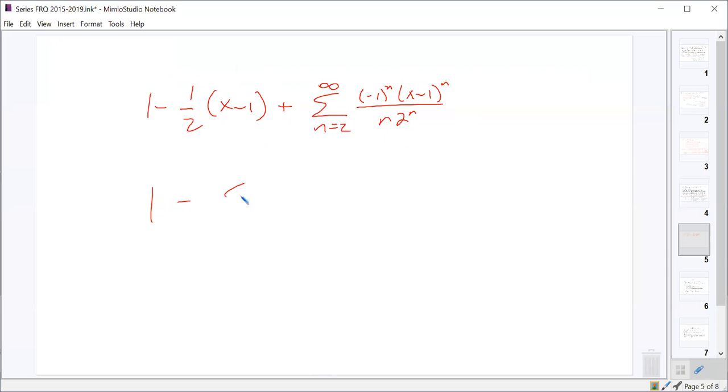This would be fine too. We could say 1 plus. This would also work. And we could, if we wanted to drop this index down to 0, we could,